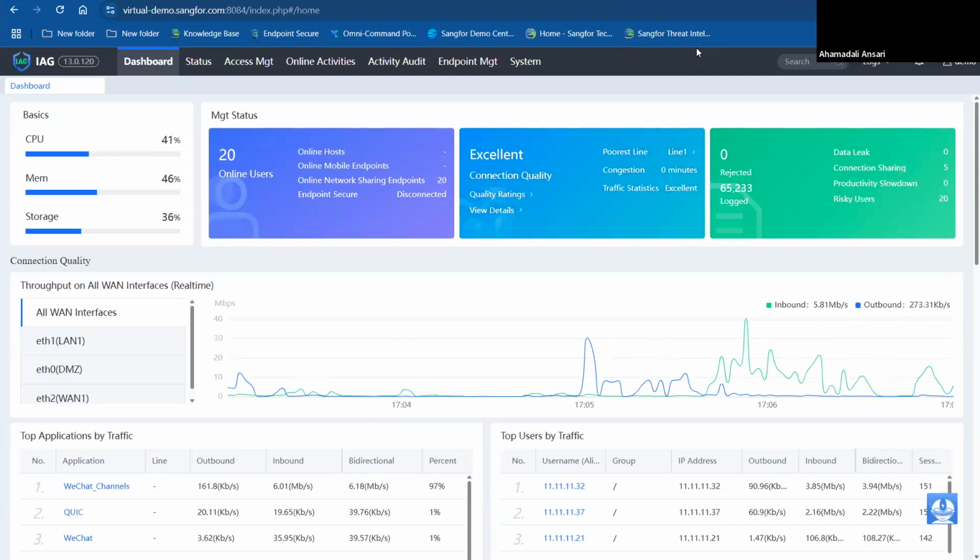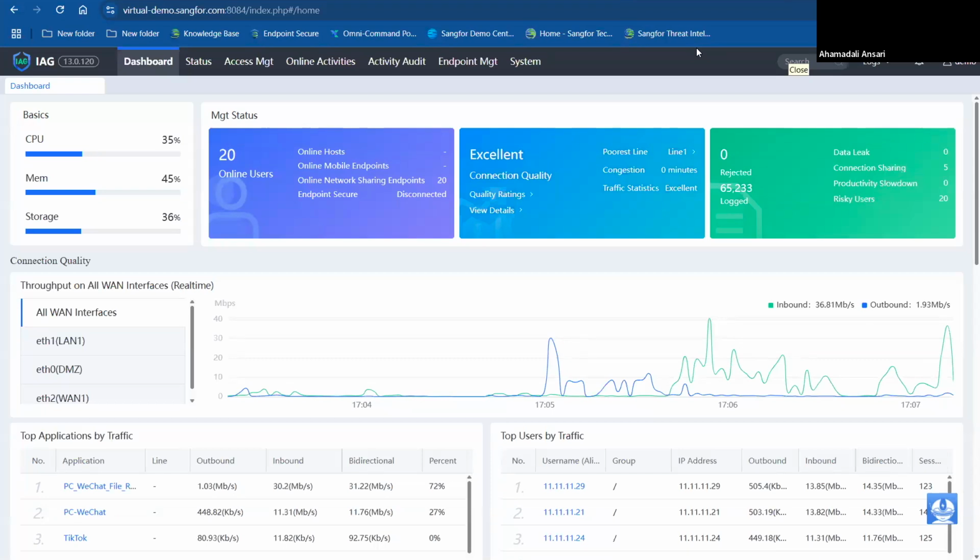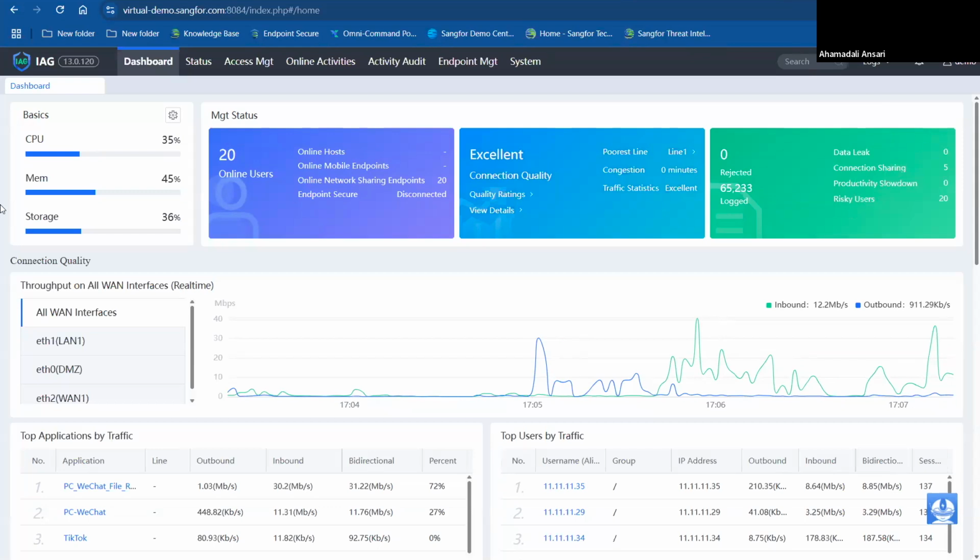Okay, thank you, Samshad. Thank you, Mohammed, for your questions. So let's start with the demo. I know you guys have been very patient with me, but I just want to showcase a few of the very important parts. This is how the dashboard looks from the perspective of IEG.